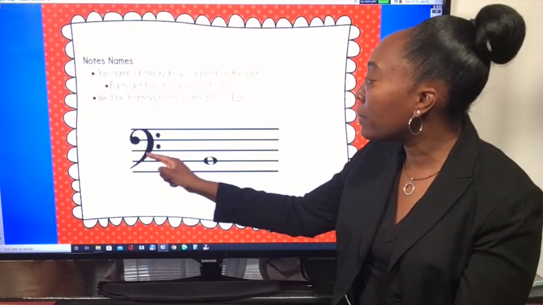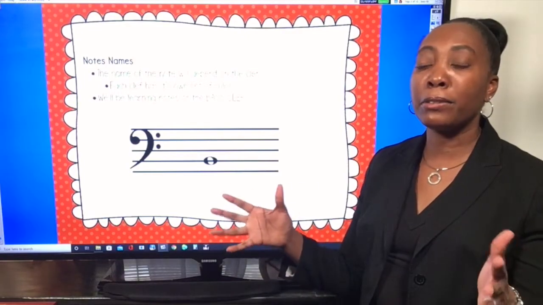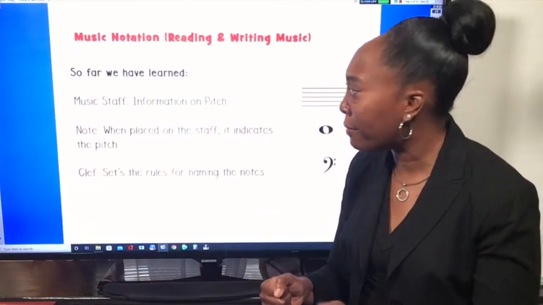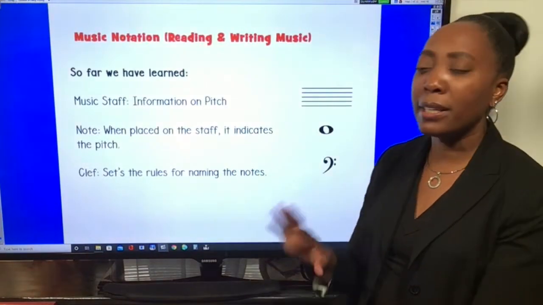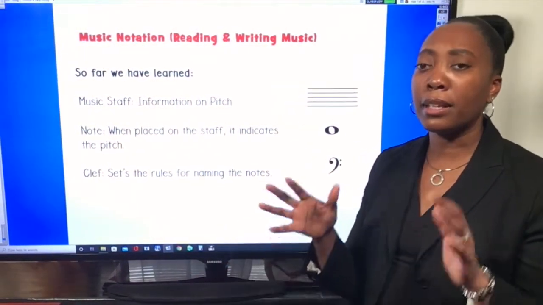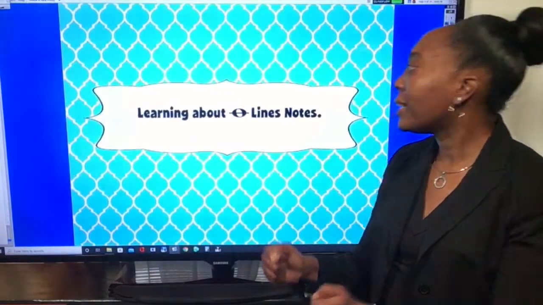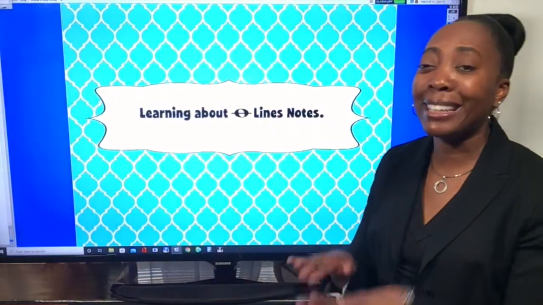That is what this beautiful bass clef is going to tell us. And so let's learn some more about the bass clef. So far, you already know you need a staff, you need notes, and you need a clef. And we're talking about that bass clef. So let's learn all about line notes